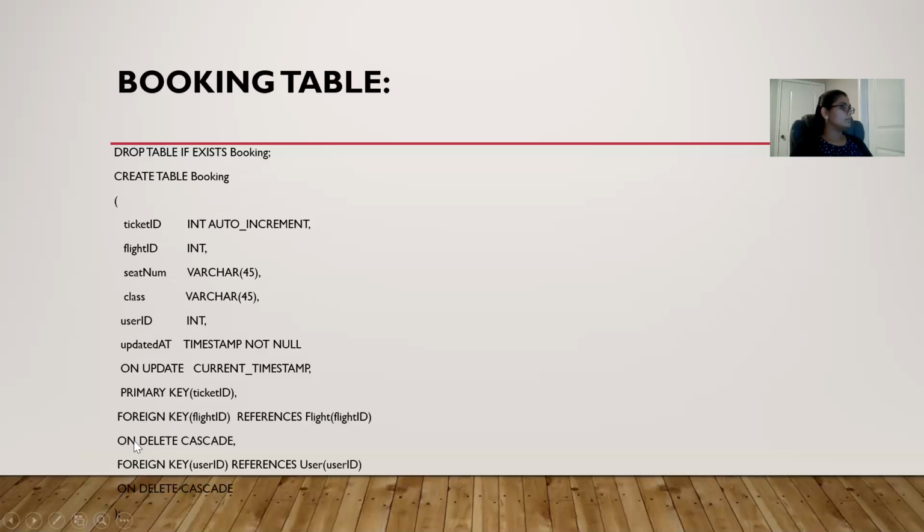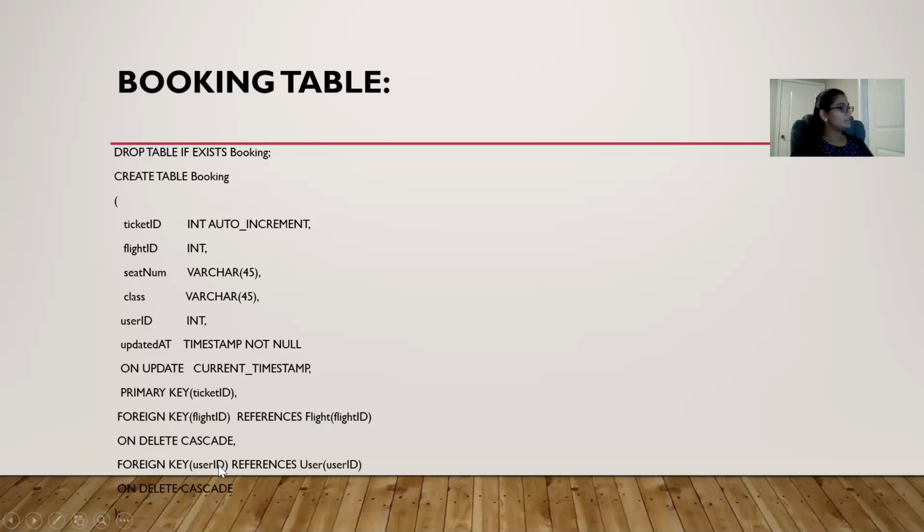So this on delete cascade ensures that referential integrity is enforced successfully. So if any changes are made in one of these tables, then it automatically reflects in the other table as well. So it prevents the creation of orphan records. So we are enforcing referential integrity here.